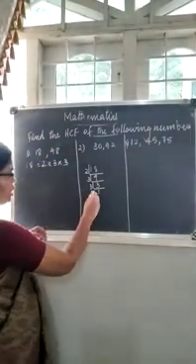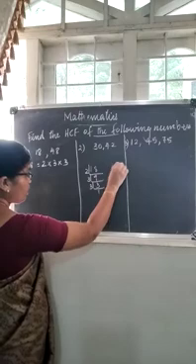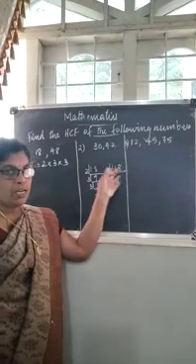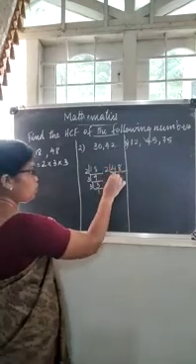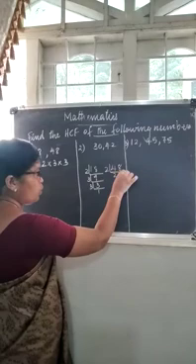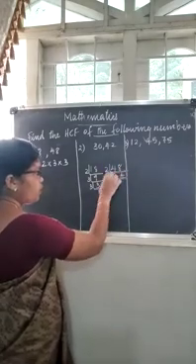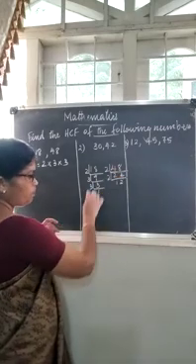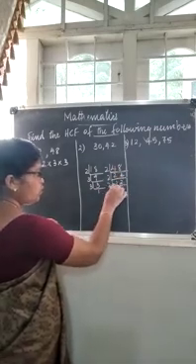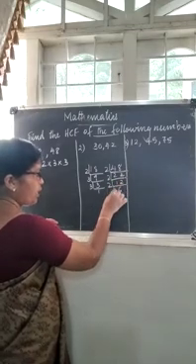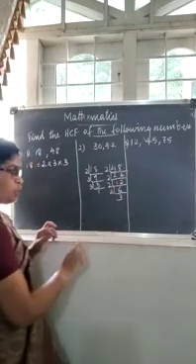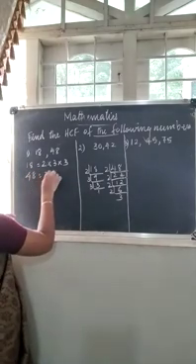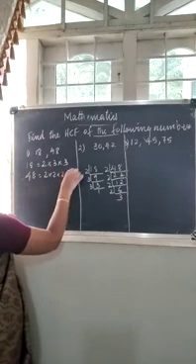48. Let's write 48 and factorize. 48 can be divided by 2 because in one's place 8 is there. So let us divide by 2. 2 2s are 4, then 8, 4 2s are 8. Again we can divide by 2, 2 1s are 2, then 2 2s are 4. Again let us divide by 2, 6 2s are 12. Again by 2 we got 3. Now the prime factors of 48 are 2 into 2 into 2 into 2 into 3.